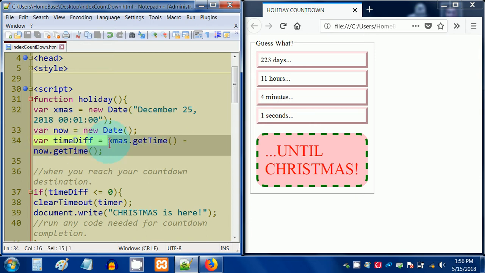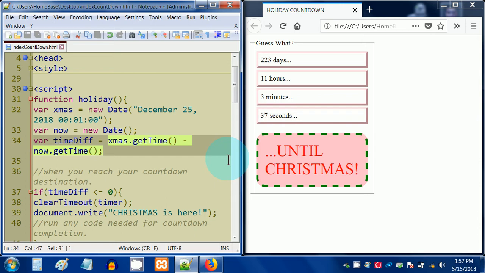The third statement we have is this one. This is actually using an expression on the right hand side and using the single equal symbol to give whatever the value of that expression, give that value to this name timeDiff. So we have var timeDiff equals, and the expression on the right hand side is we are going to use our variable